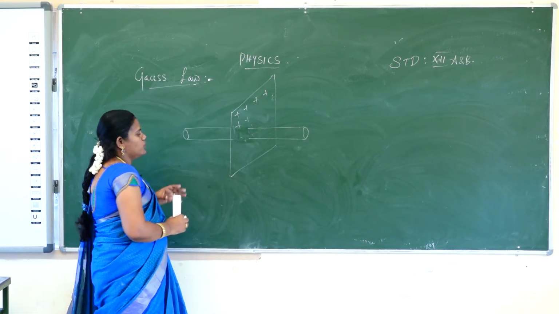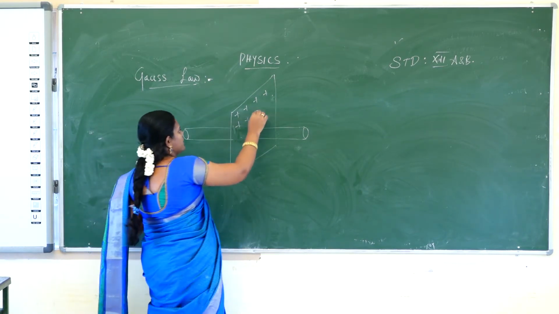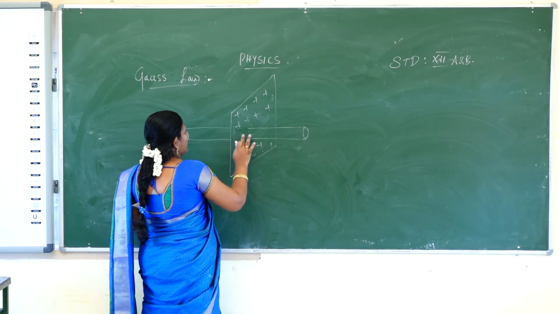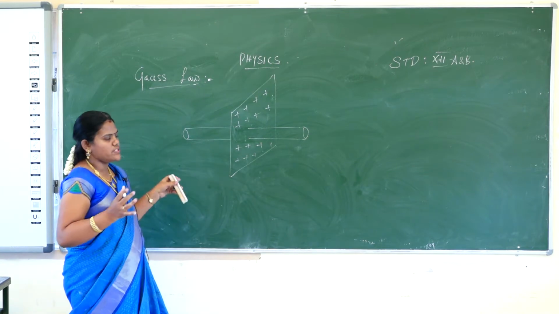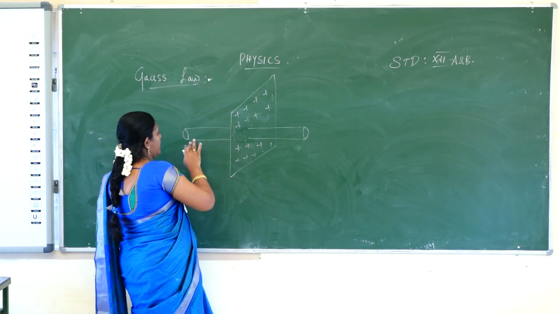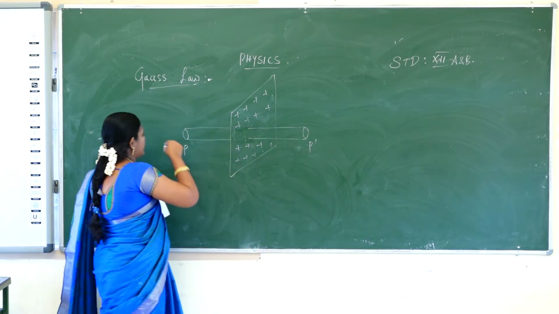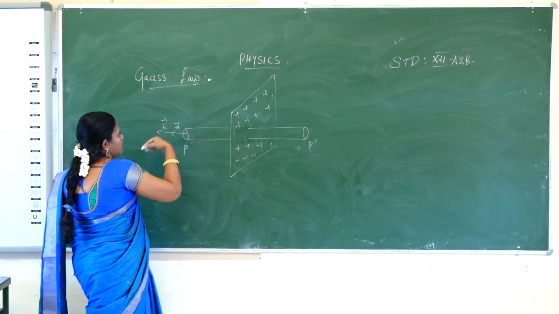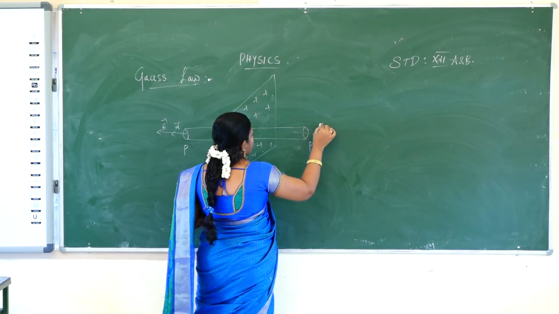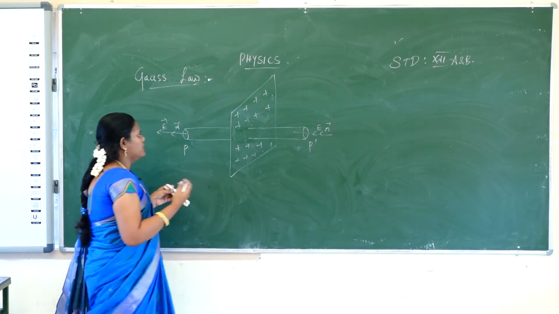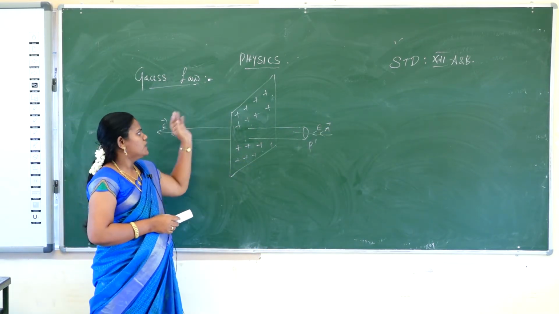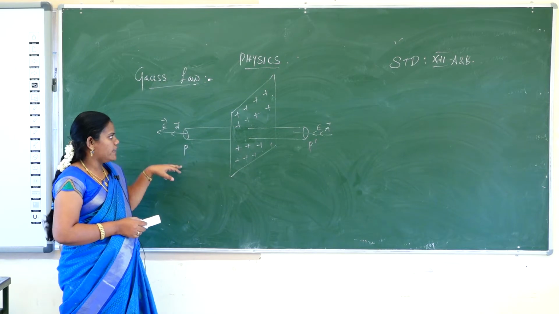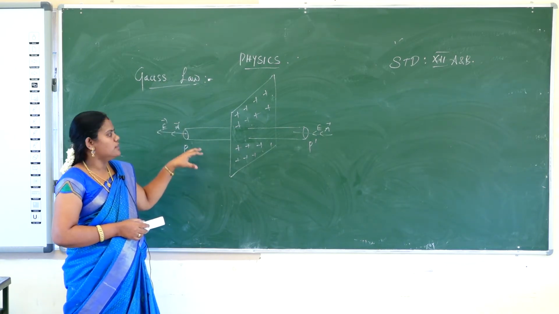So first we consider the charged infinite plane sheet, and we consider the center part where the Gaussian surface is. The Gaussian surface has a point P and, on the third side, P dash, with electric field and area on each part. This is inward and outward, and the distance changes accordingly. This is the plane sheet. So for the infinitely large charged plane sheet, we choose the Gaussian surface centrally.